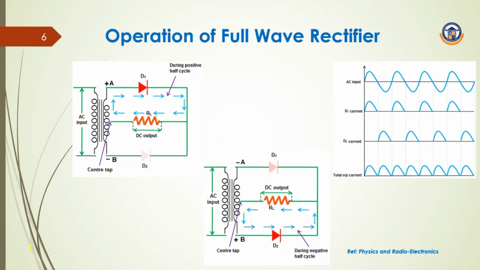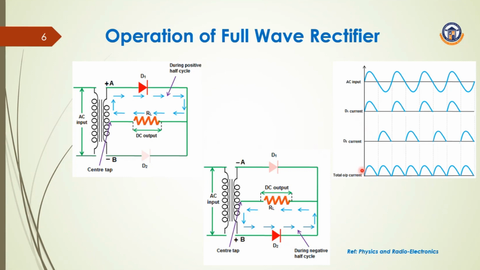And during the negative half cycle, you can see here the output diode 2 will be activated and output will be coming like this. And in all directions, the appropriate diode will be activated based on the input and output will be coming through the load resistance. So for positive half cycle, diode 1 will be turned on, and for the negative half cycle,